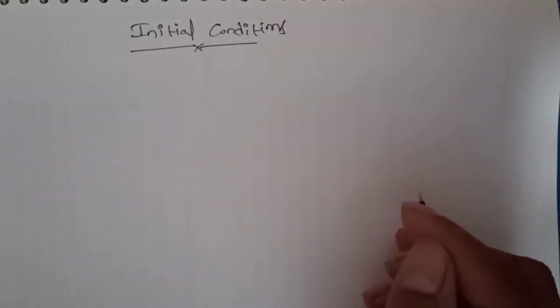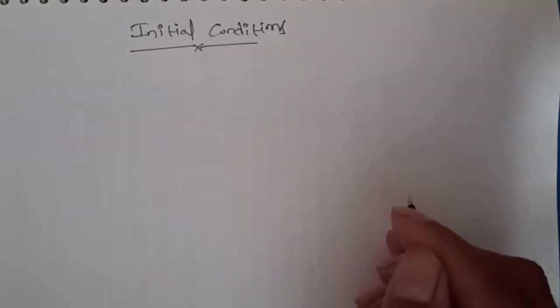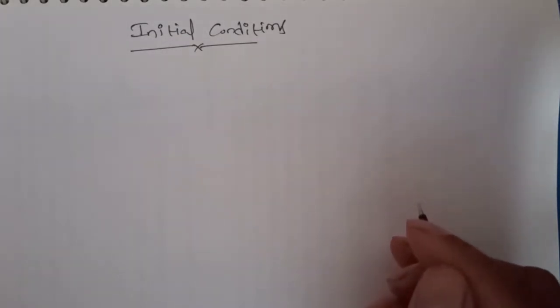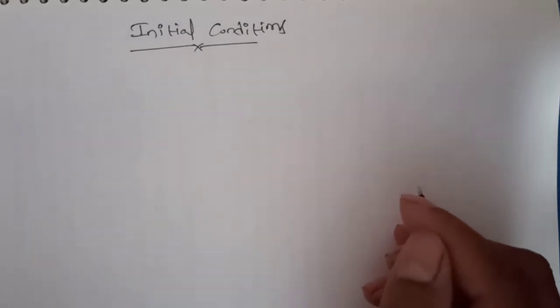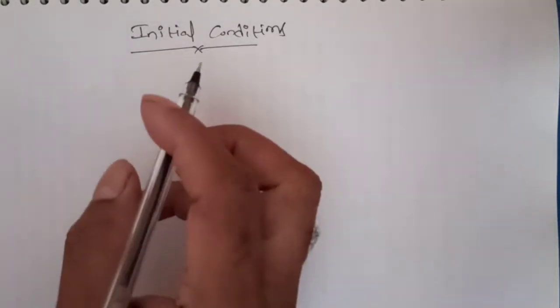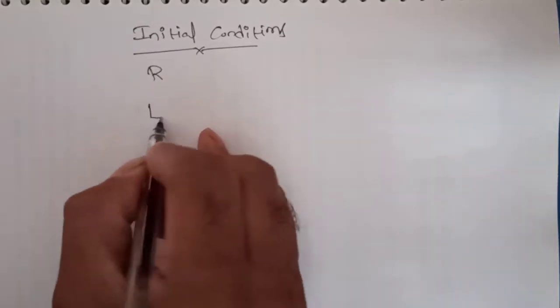So in last class we started the second unit, that is steady state and transient analysis. There we discussed the definition and the most significant equations we are going to use in steady state and transient analysis, that is nothing but homogeneous and non-homogeneous solutions of the differential equations. So in this class we are going to discuss the initial conditions of different elements R, L, C.